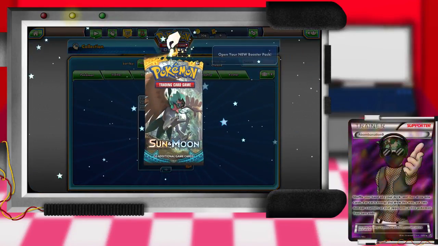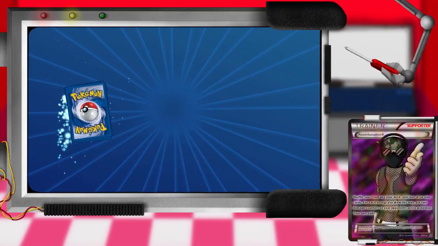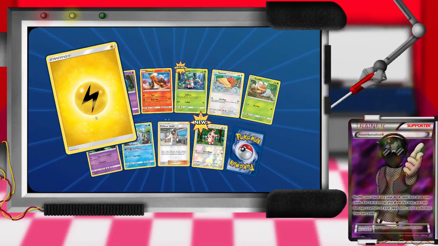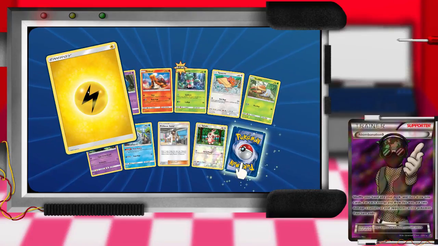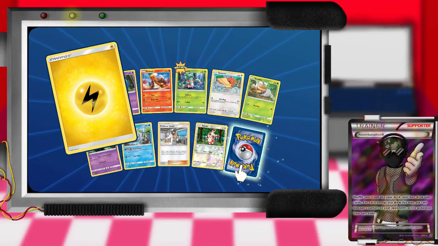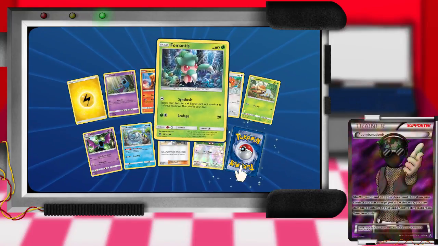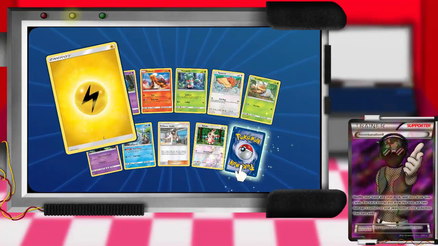Now, what we all are waiting for, the 11 packs. Now, I traded the Jolteon for 9 Sun and Moons and the Tauros for 2. Oh, Spinda. It's amazing cards, which is so stupid how amazing it is. Energy, Electric Energy, Zubat, Torkoal, Fomantis, Spearow, Grubbin, Golbat,